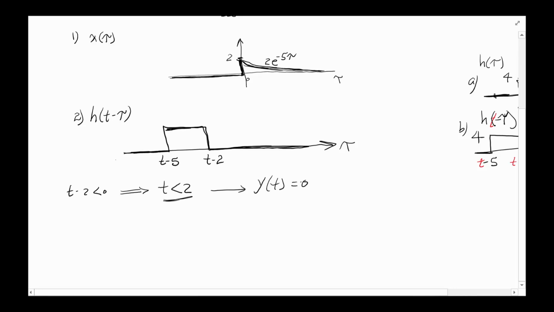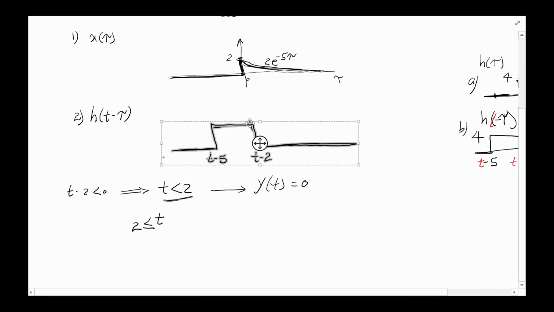Okay. Now I'm going to see if I can grab this and start moving it. Now that that's a condition, the next condition is t is larger than or equal to 2. So what does that mean? That basically means, let's see if I can grab this and move it. So this has now moved past the 0 point, and now it's inside this area. If you look at it, let me just use a red pen, there is a bit of an overlap, right? In this specific area, you've got